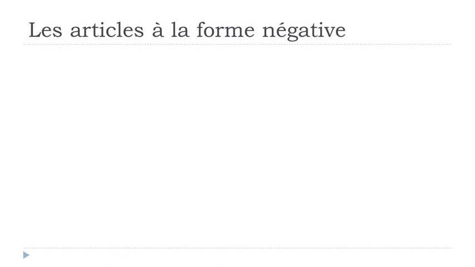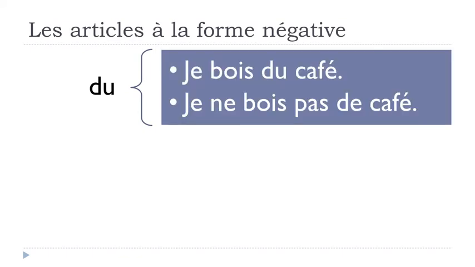Okay, and then let's see now for les partitifs. Okay, so if you want to introduce this something concept, let's see now. Je bois du café. Boire is to drink, and then when you've got this du café, well, really it's some coffee. You don't specify the quantity, so it's really what we call partitif. Okay, je bois du café. So this is the masculine form here, du. And if you look carefully, negative form, je ne bois pas de café. So you can see that du is becoming de at the negative form.